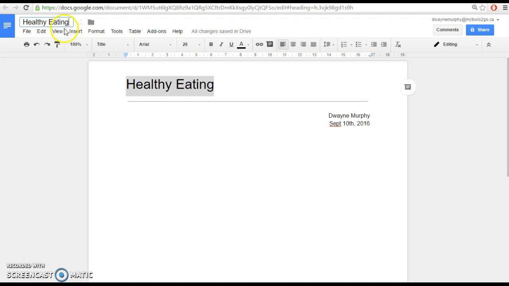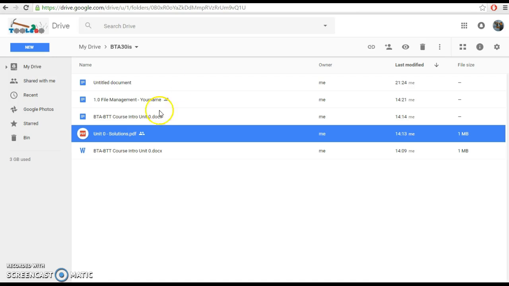I'm going to paste healthy eating there, and then dash my name, Dwayne Murphy. So every time you save a file, take a minute, give it a good, self-documenting file name, so that later on, if you're back, now I just switched back to